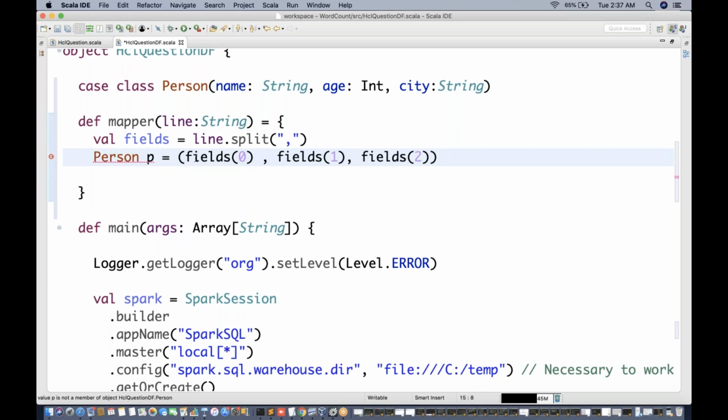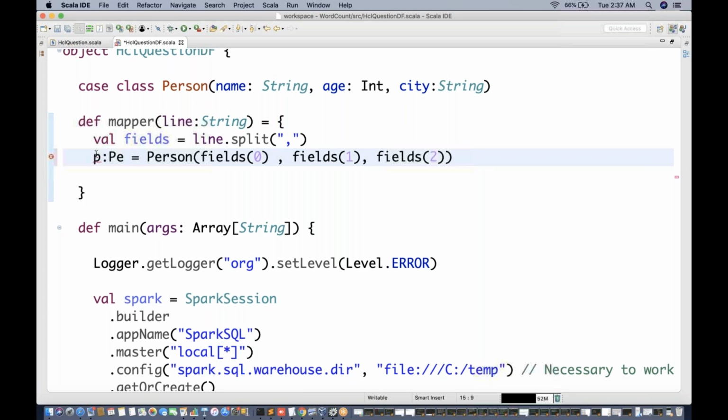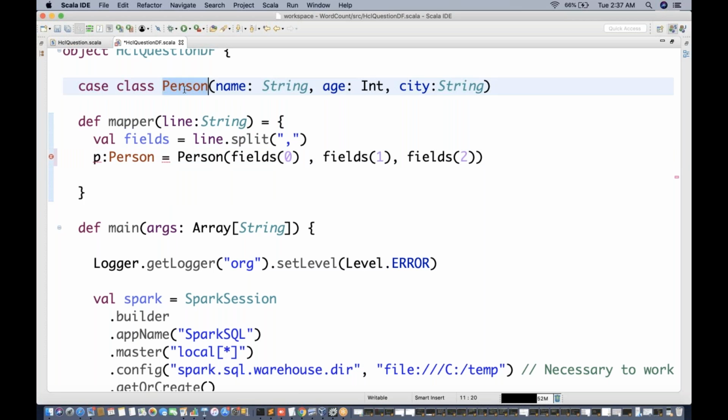Person p equal to, right, we need to impose this structure. So we need to say person, sorry, I'm trying to write Java-like code, p of type person, person is the thing, right?